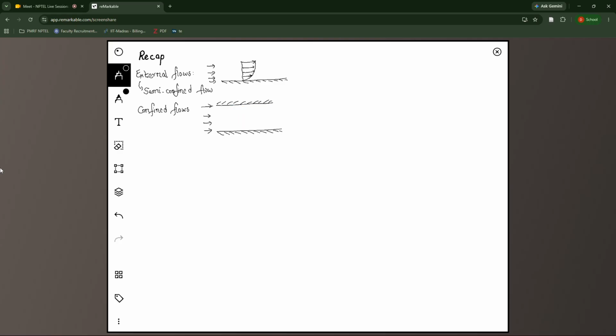Similarly, during the initial phases, what happens is the same as before. We have a velocity boundary layer that is developing here and another velocity boundary layer developing here, and they will eventually meet at a point, and beyond that the boundary layers will be completely merged with each other. But the main difference between the flow here and the semi-confined one is that there is some kind of a convergence happening, because of which the fluid accelerates. If the fluid accelerates, then the velocity gradient is not equal to 0, and from the Euler equation, from Bernoulli's equation, we have p plus half rho u infinity square equals constant, and from this we know dp dx